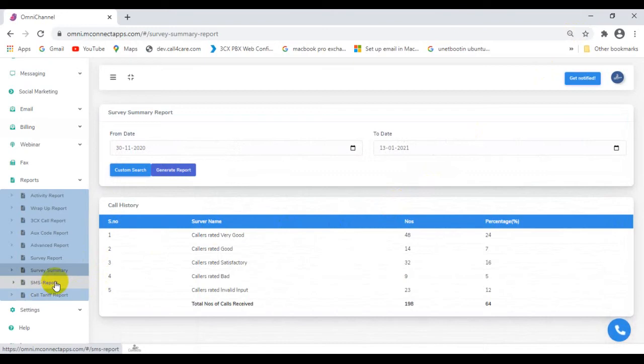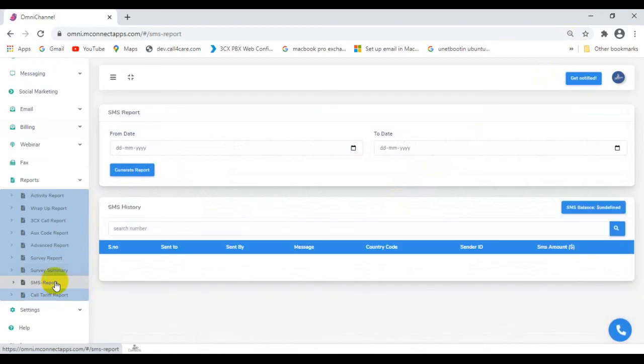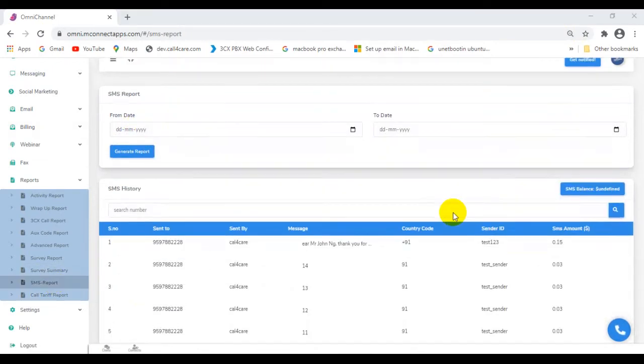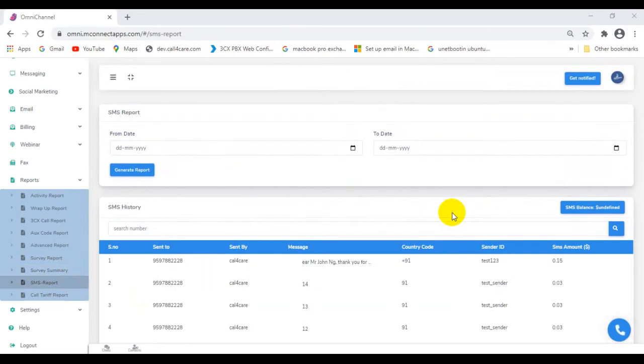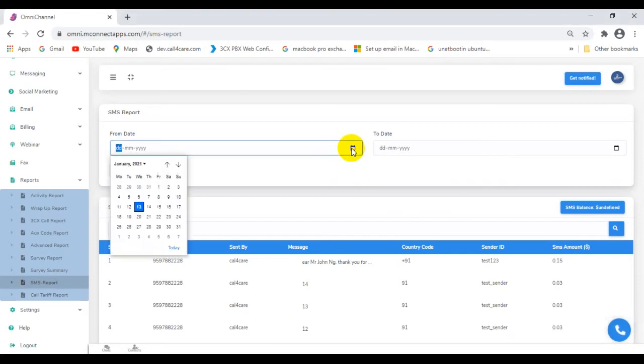Next, I will show you the SMS report. First, you have to click on SMS report. So this is the page now. SMS reports help to analyze the effectiveness of SMS marketing campaigns. It helps to identify friendly customers and to retain them, to revise the targeted audience, to spot potential leads, to reframe sales strategies, to assess the response rate, to create schedules for future, and to analyze the open rates. You can always generate the SMS report for any specific date range.